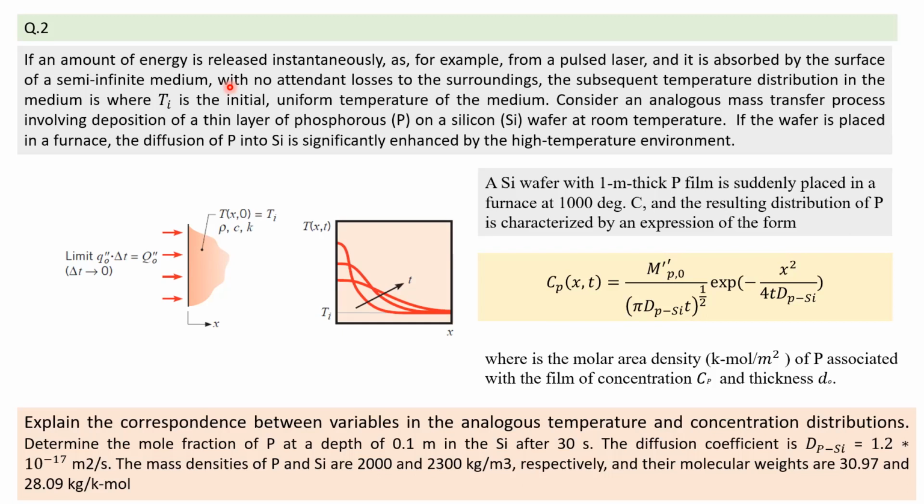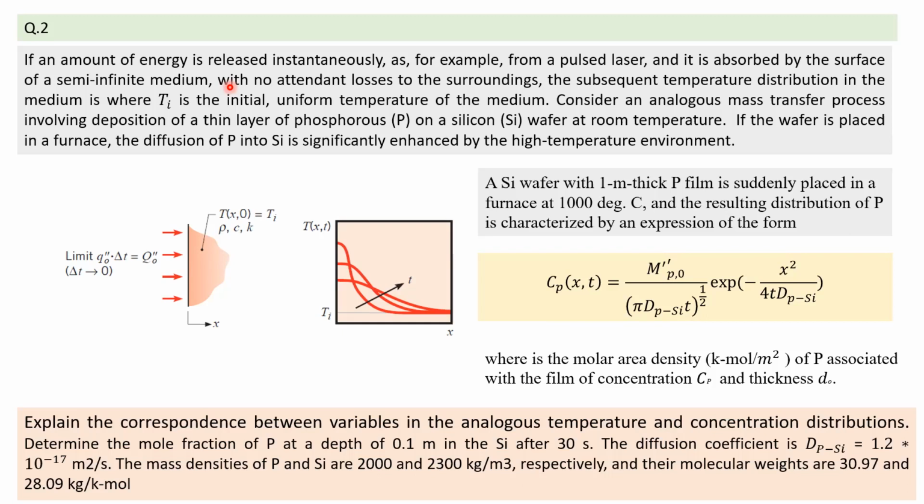So in this question, that word is used just for understanding, so that there will be significant losses or some kind of penetration length for that. The question is from a pulsed laser, maybe it may be used for a machining process. So what is happening is T_A is the initial uniform temperature of a particular medium that is subjected to a pulsed laser. So consider an analogous mass transfer process involving deposition of a thin layer of phosphorus on a